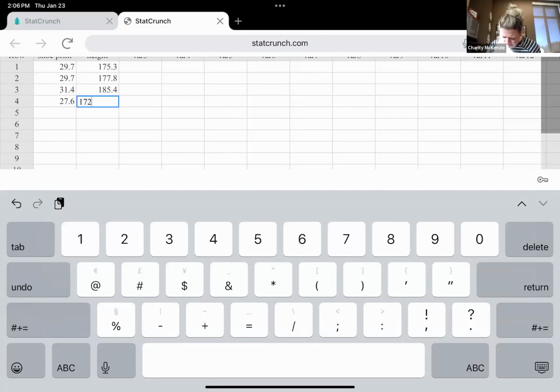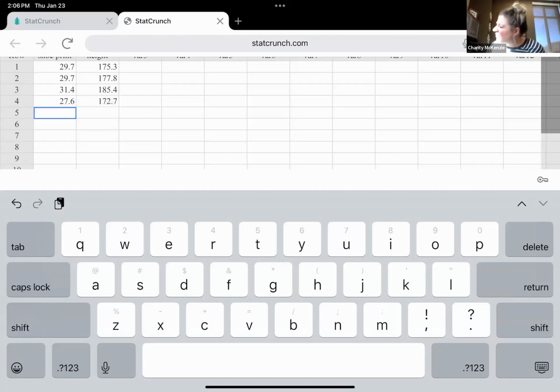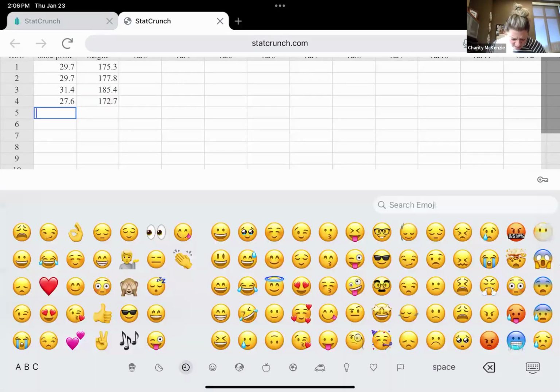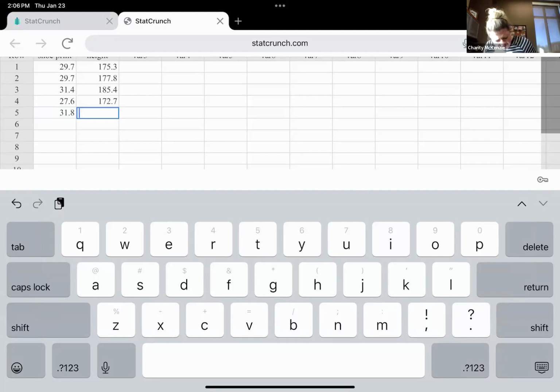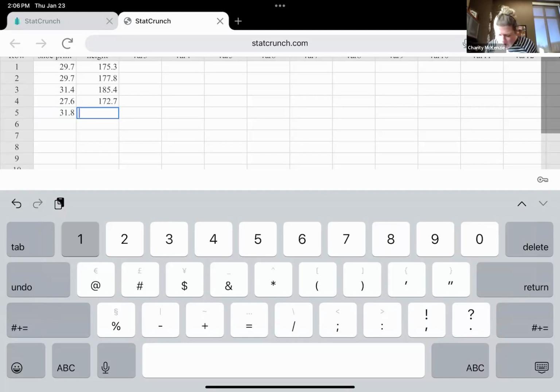172. I missed 31.8. All right. So once I have the data in, where do you think I'll go to make a graph,